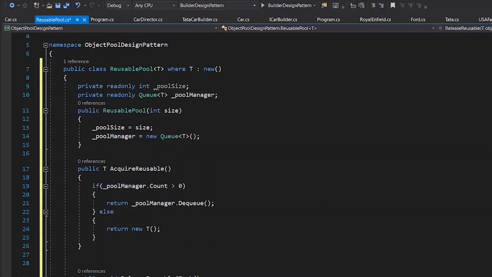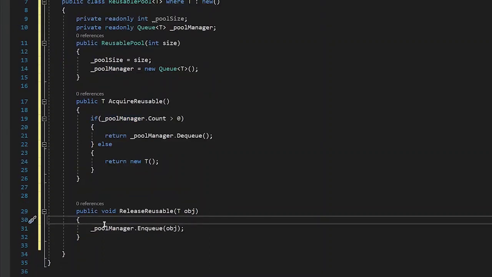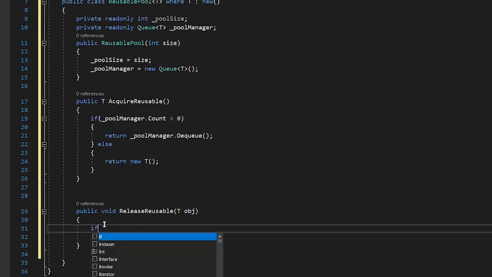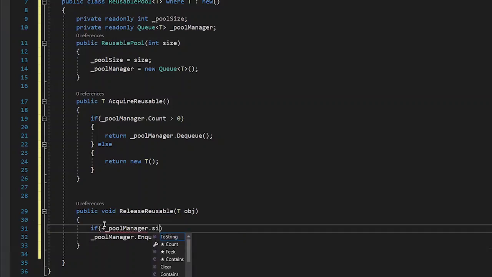Yeah. But there are a few problems which we need to handle here. Obviously, we need to handle the size of the pool. We need to ensure that our pool size is not exceeded. Pool manager dot size.